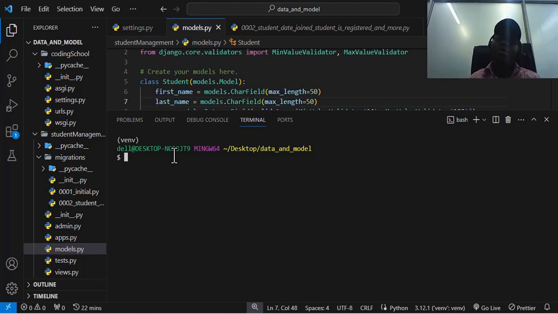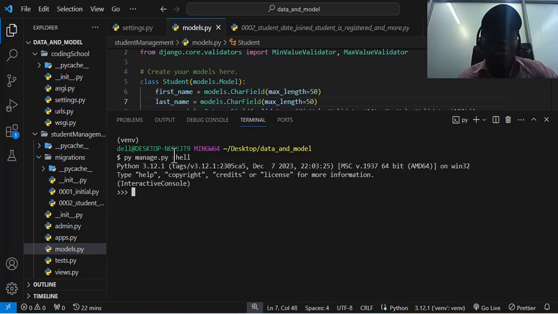Now I told you to bring back a previous command. Just press the up arrow and it will bring back the previous command that you ran in the terminal. So now that we have our shell, I told you once you close the shell and open it again, you should import the model that you want to work with again. So to import it, I want us to now run from